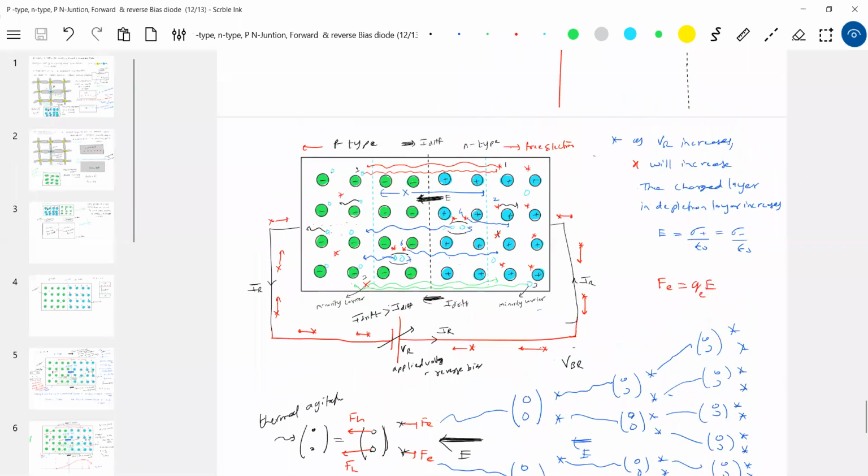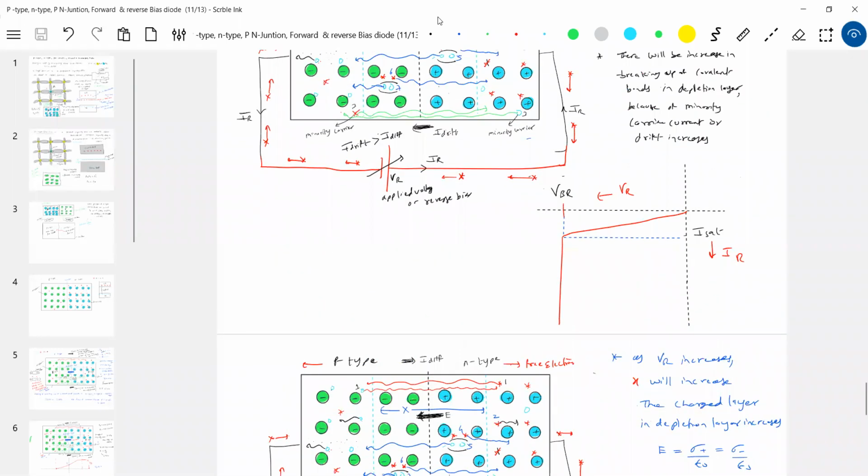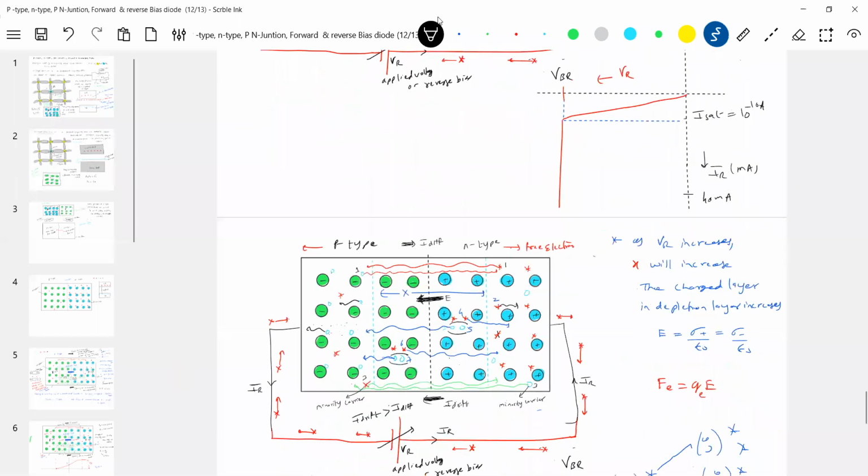How much was it earlier? 10 to the power of minus 18. Here the order of current will be milliampere. That's why I had to show it here. That IR we show like this in the book. Here this is of the order of 10 to the power of minus 10 ampere. Here you can put almost 40 milliampere. Look at the current. Very large, no? Because of the large flow of current, heat will be generated and the diode will burn out if it is not properly designed. Ordinary diodes will burn out.